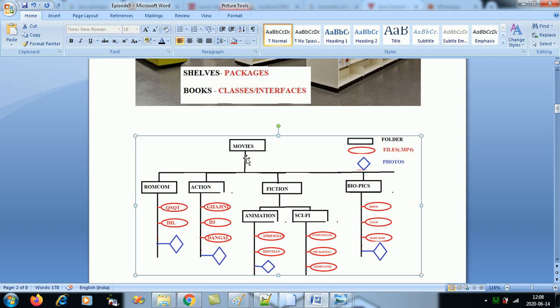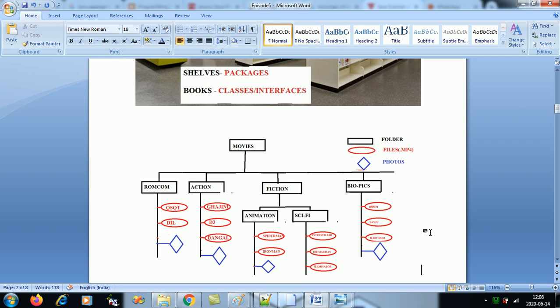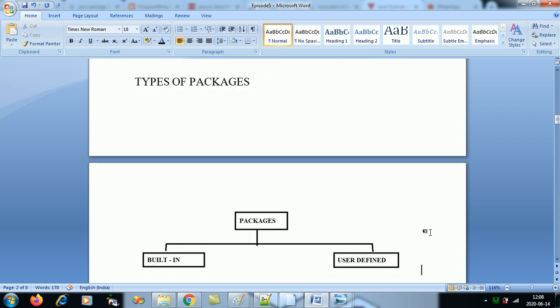So the black color rectangles are your folders, the red color ovals are your movie files, the MP4 files, and the blue color diamonds are your photos. Am I clear? If you understood this chronology, we should understand packages also in Java.